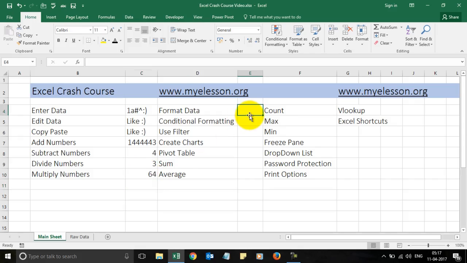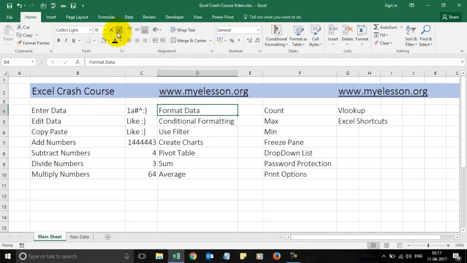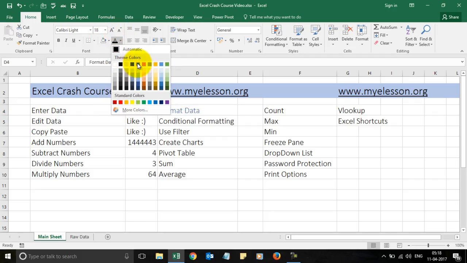Now formatting our data involves a lot of stuff. I'll show the examples over here. You just look at this cell. If I take my mouse over here, I can go ahead and make this data bold, make it italics, make it underlined. See, I'm changing it back. You can go ahead and put a background color over here. You can change these colors from here. Have no fill at all. You can change the color of the text from here. See,